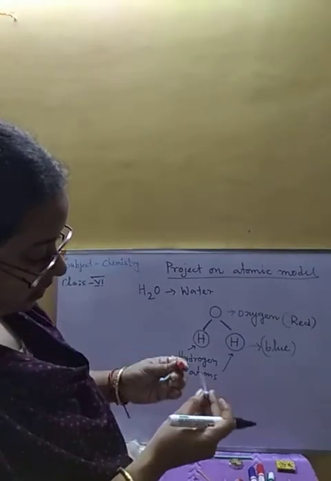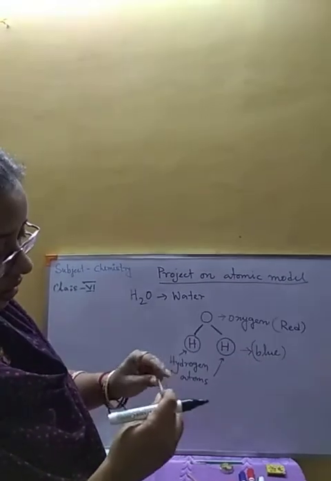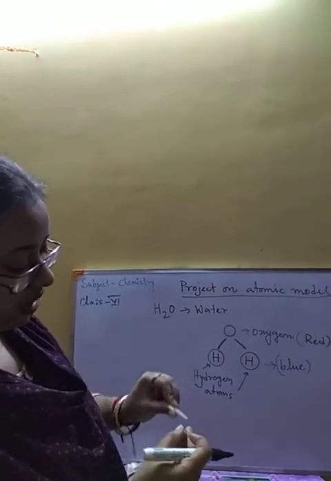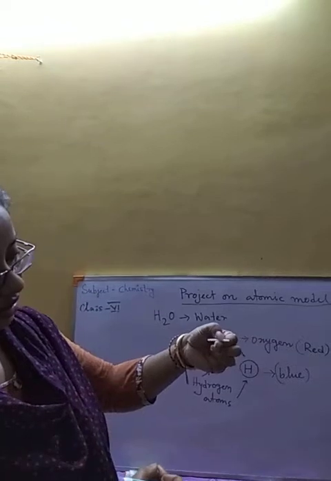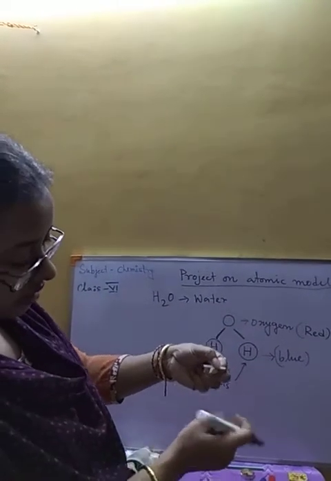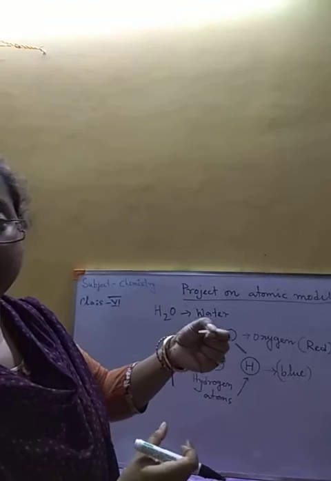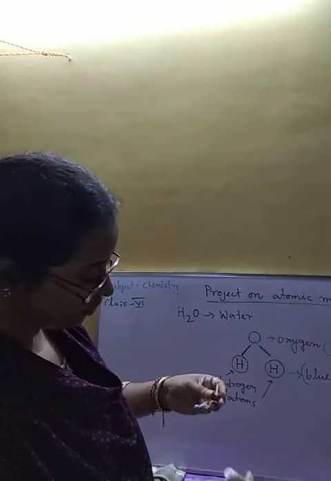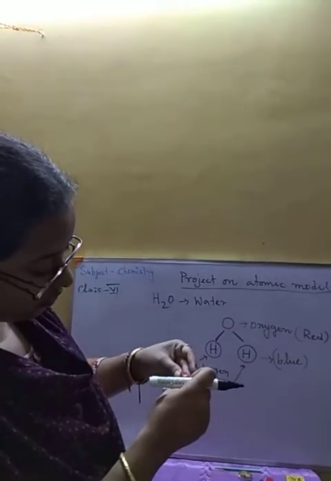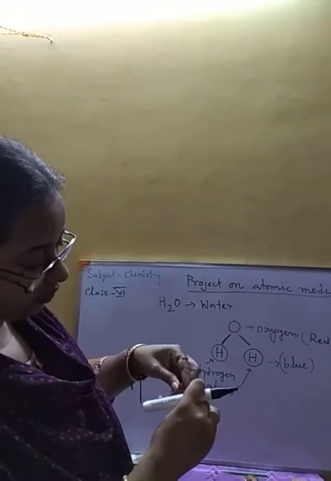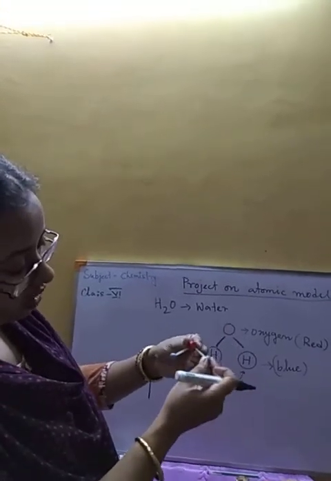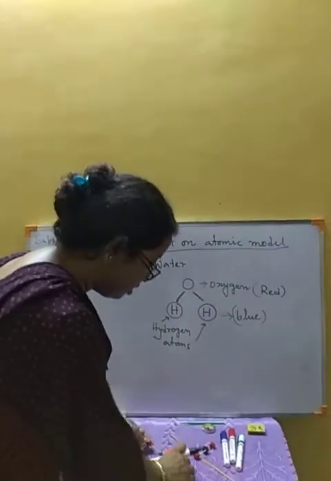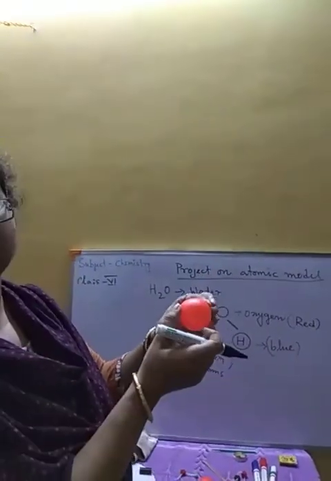Now you can see these atoms are bonded together by this, which is a kind of stick. Okay, this we call chemical bonds. Now here one hole is there in both the atoms, and in this we will be placing the bond. So when we make the model, you have to make it in this manner, and for that we are going to use these plastic balls.